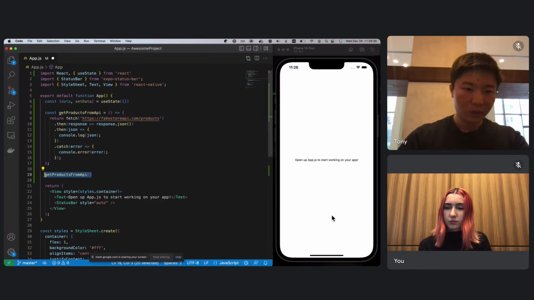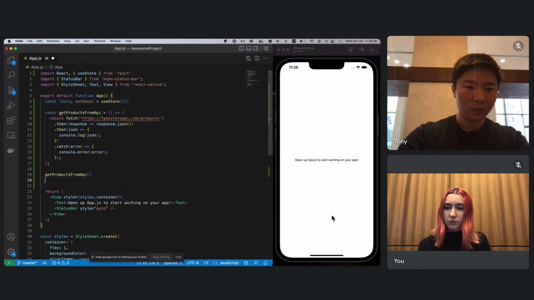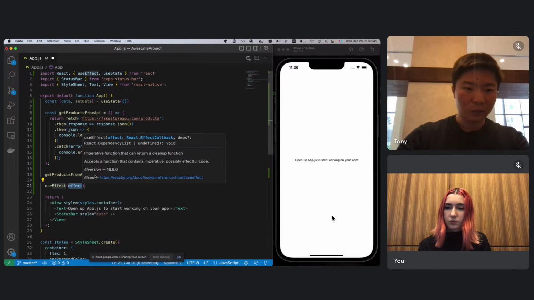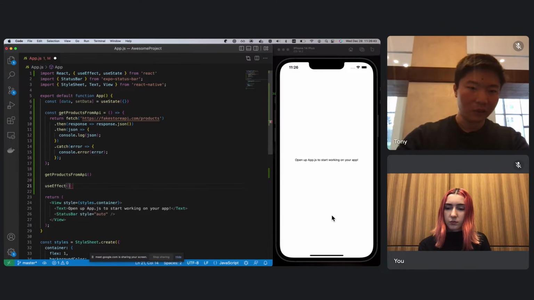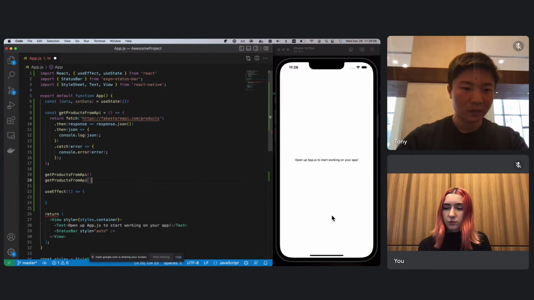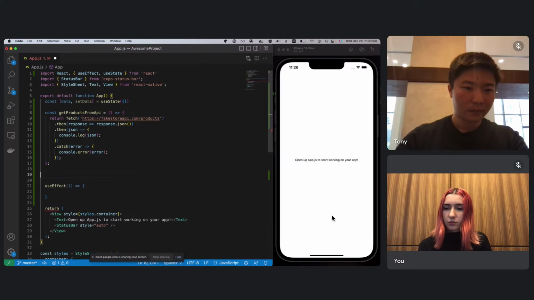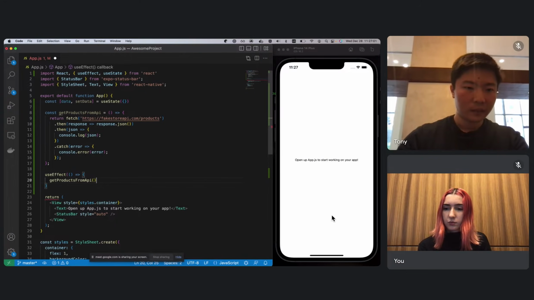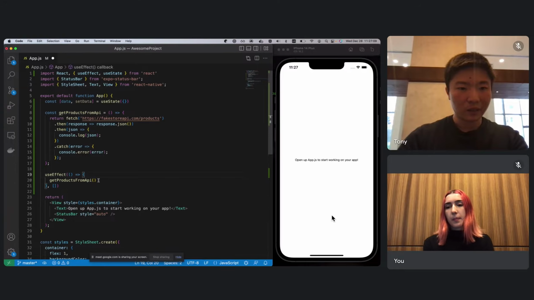Before I was just calling the endpoint here, but there's also another hook called useEffect, which can help us actually invoke the function when the application or this component is launched. So okay, just move this down. Within my useEffect, I'll be invoking this function.